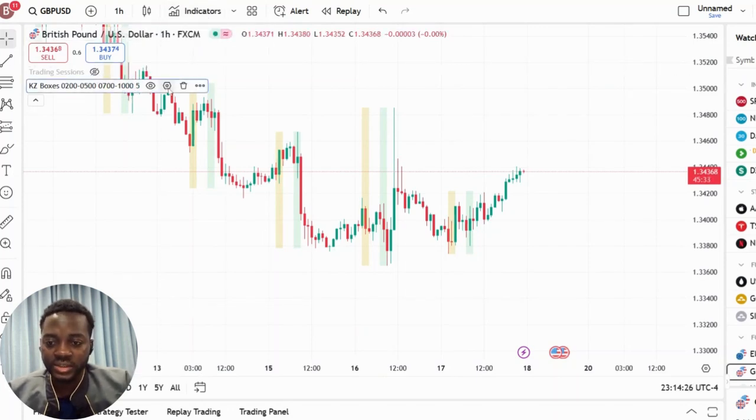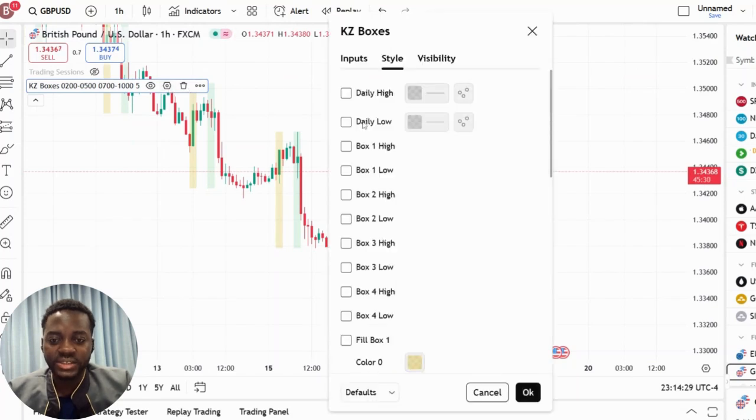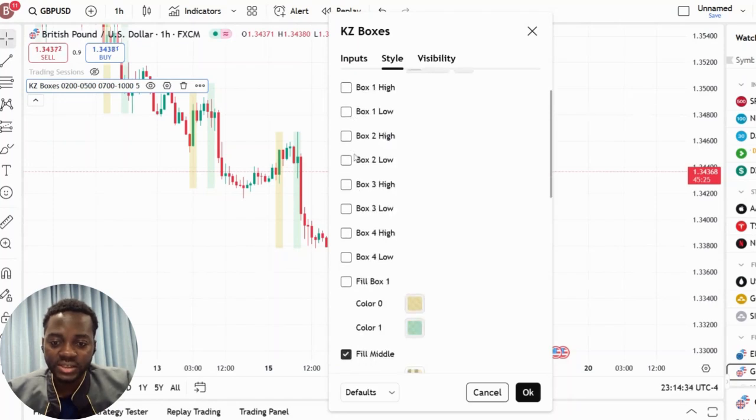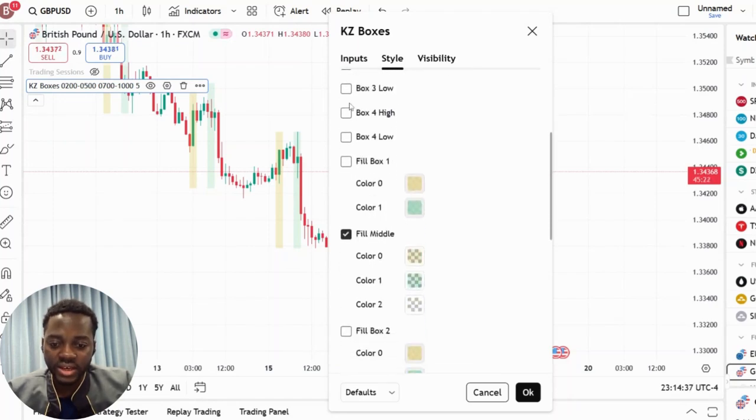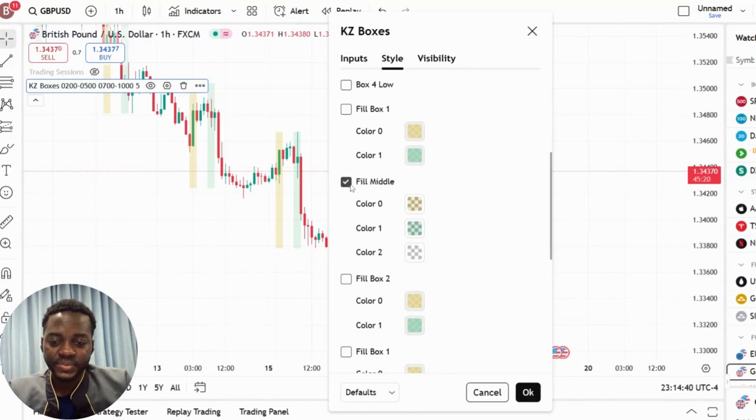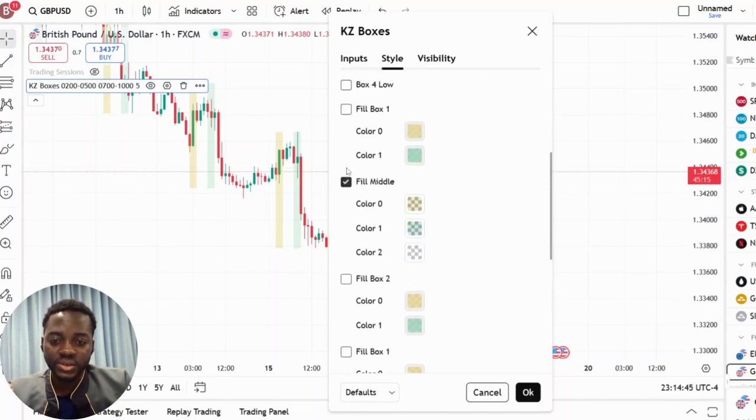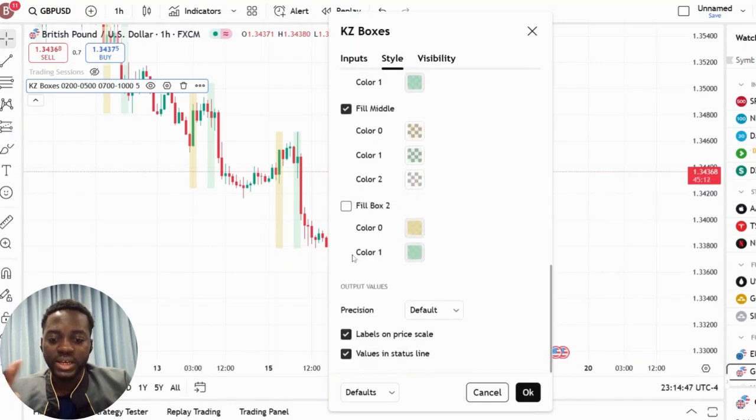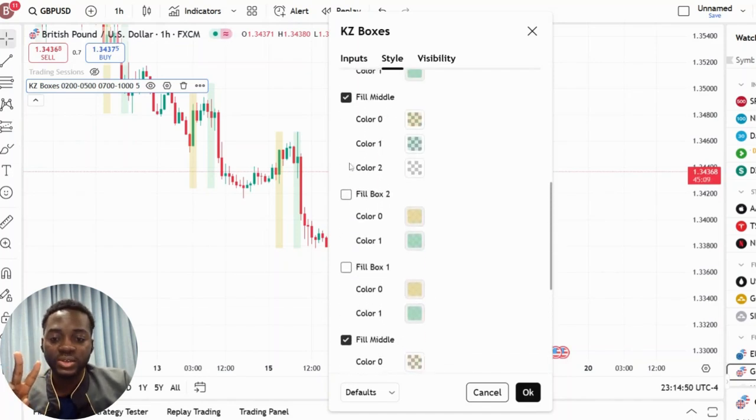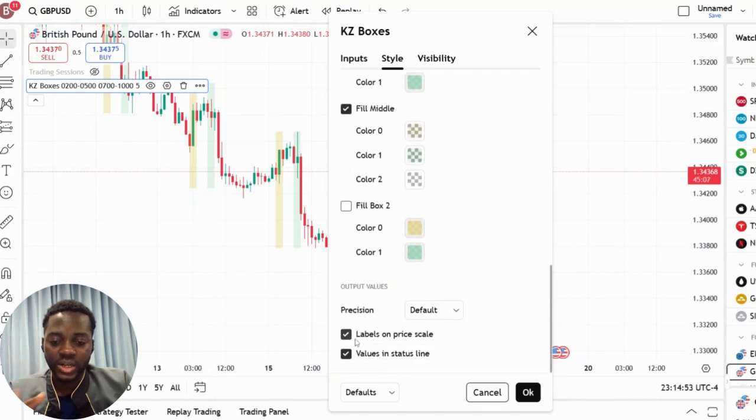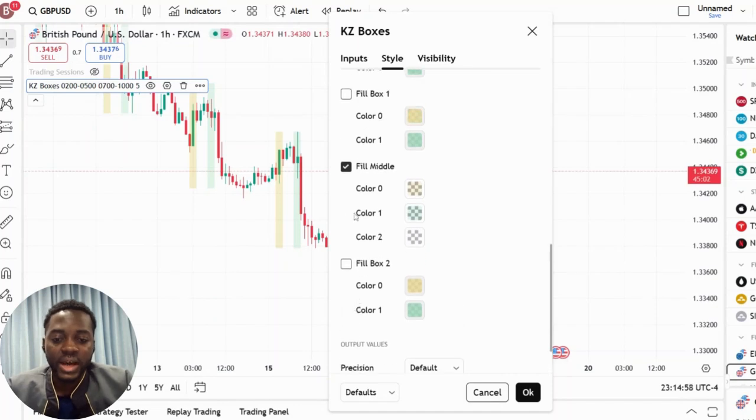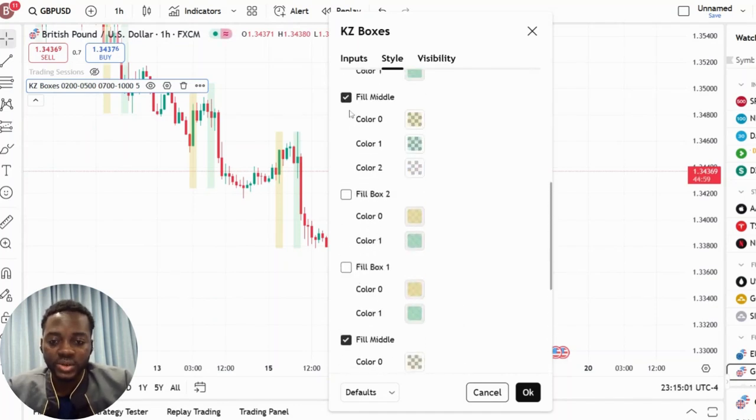What you do next is you come to settings. I have already set everything up, but normally when you do it, you're going to see all this ticked. You untick everything here and let just the fill middle stay. There are like two fill middles. This is the only thing you should allow ticked here. And then you come down, you allow the level on price scale and value in status line to tick, and then you tick fill middle. That's all you're supposed to do. And this is where